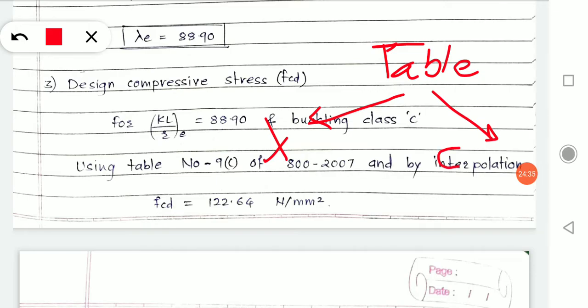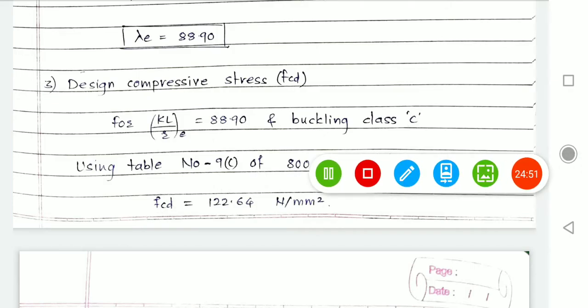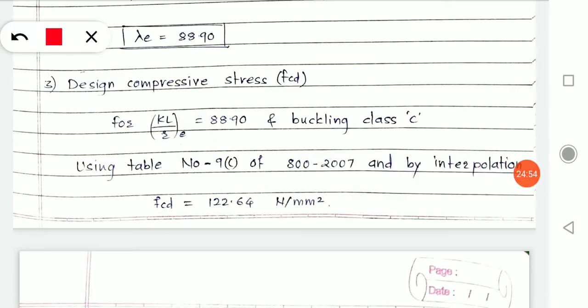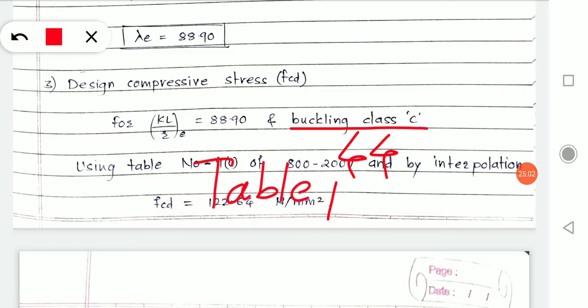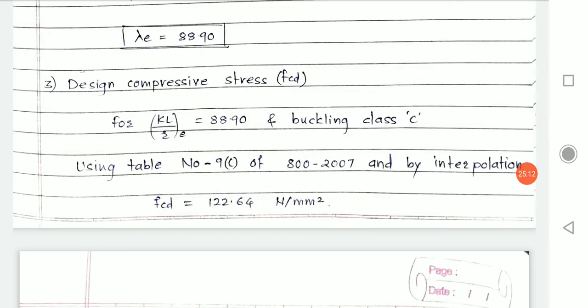Slenderness ratio we already calculated. Now what is left is the calculation of buckling class. Buckling class for the channel section is C. Okay. So where is this buckling class mentioned? Again in your IS code, on page number 44, there is a table for the buckling class, and that table number is 10. Okay, in IS code. Which one is the IS code? IS 800:2007. Okay, check with me a little.